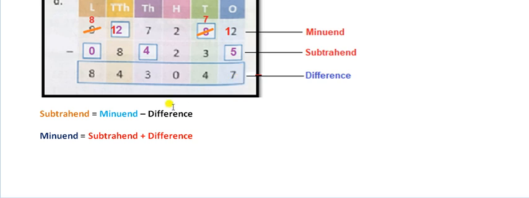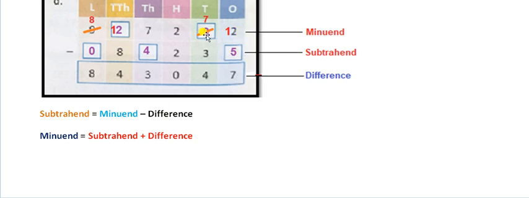See here, as per this formula, from the minuend you have to subtract the difference value. So from 2 I can't subtract 7. So what do I have to do? I have to borrow one number from the next digit, which is missing. After borrowing, first we make this number bigger. So write 1, it becomes 12. From 12, what number must I subtract so that my difference is 7? From 12 if I subtract 7, I get 5. So my subtrahend number is 5 here. So 12 minus 5 is 7.